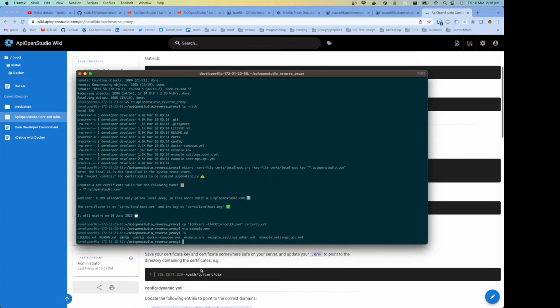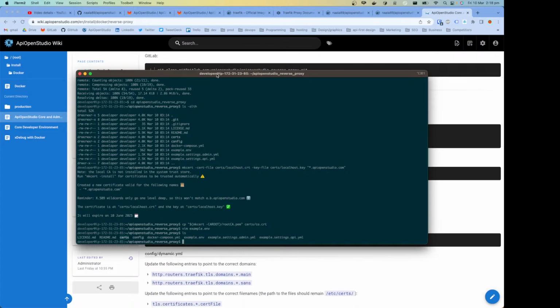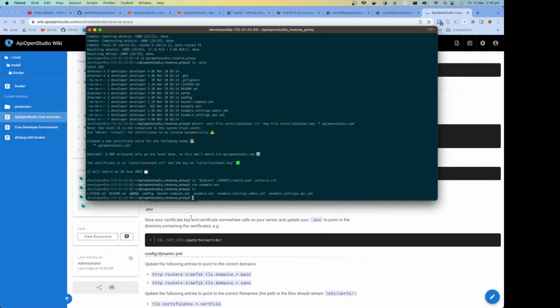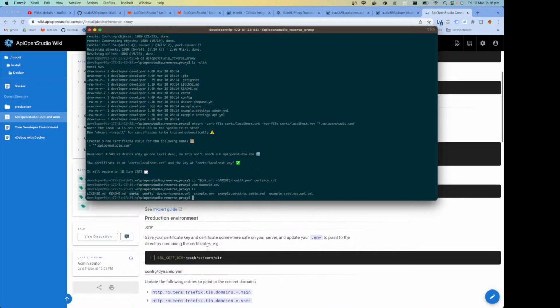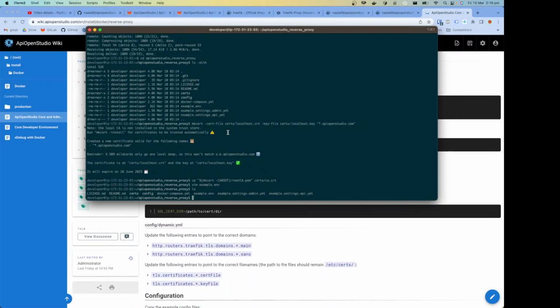Well, actually, I do need to do this because I'm in a production version. I need to update the dynamic config. This is what's used. So let me step back. This is the Traefik configuration. So if I go into config,